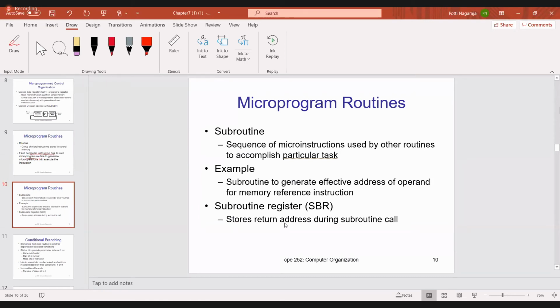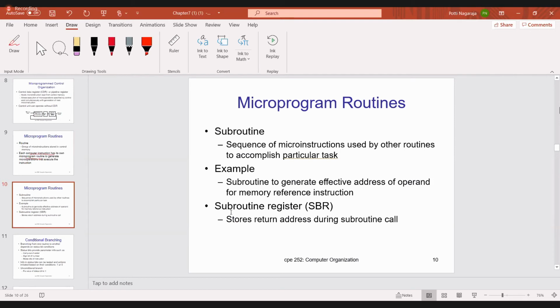Simply, while executing program 1, suppose at the fifth instruction we get a jump instruction. Before going to the subroutine, you have to store the address of the next instruction of the main program in the stack. Then you go to the subroutine and execute it. Then you return to the sixth instruction with the help of the stack. If you don't understand, just inform me. That is the subroutine.